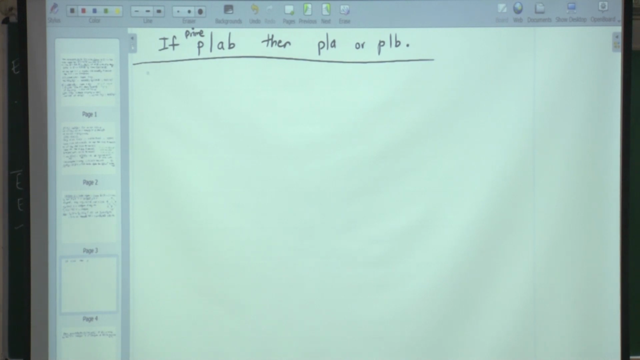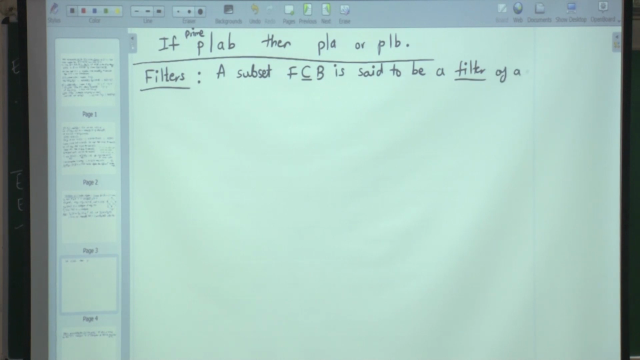Okay, so I am going to define the blue subsets. Those subsets are called filters. A subset, what should be the notation for a filter? F, correct. A subset F of B is said to be a filter of a Boolean algebra B